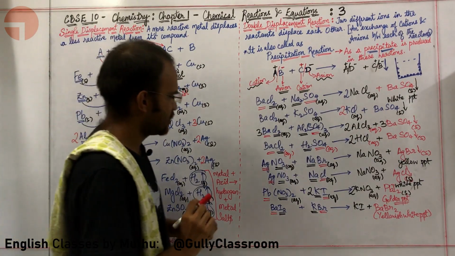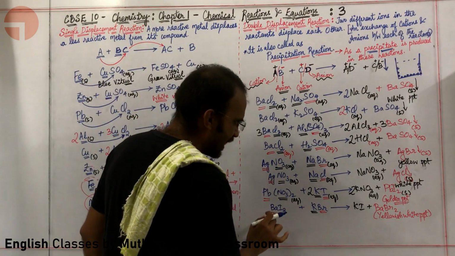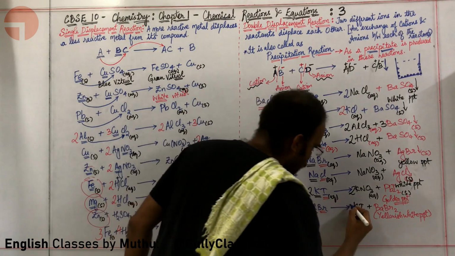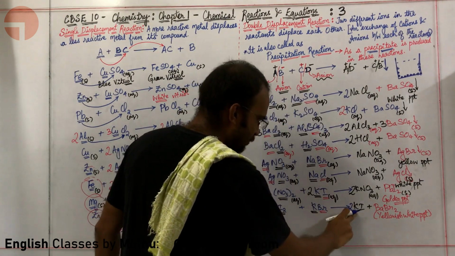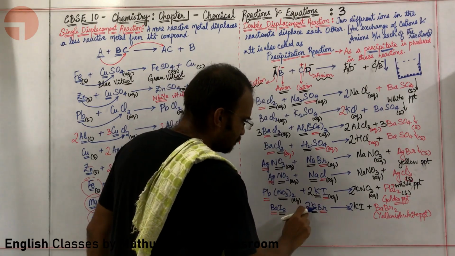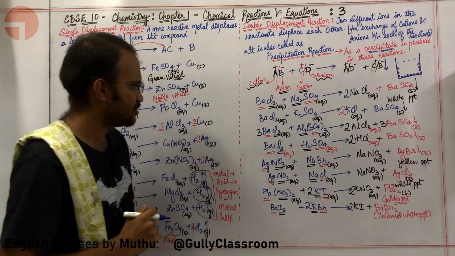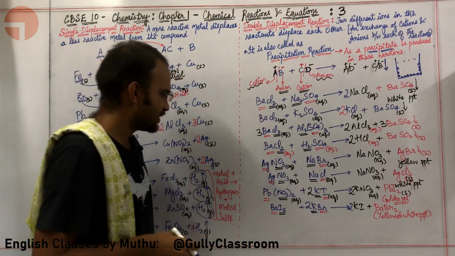Okay, sir. Let me balance this particular equation. Here the iodine is 2, so I am going to put a 2 over here. Here I have a K, so in order to balance this, I am going to put a 2 over here. Here Br is 2, here also Br is 2. This is a balanced equation. Cheers, sir.